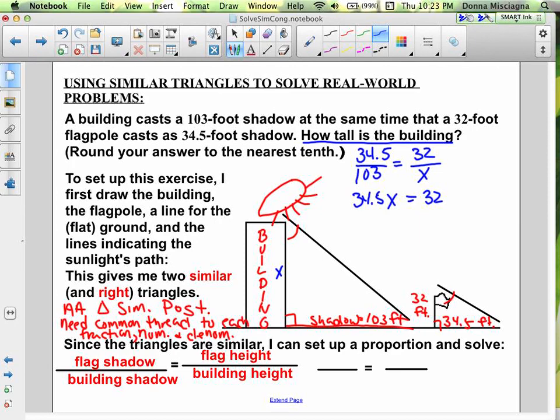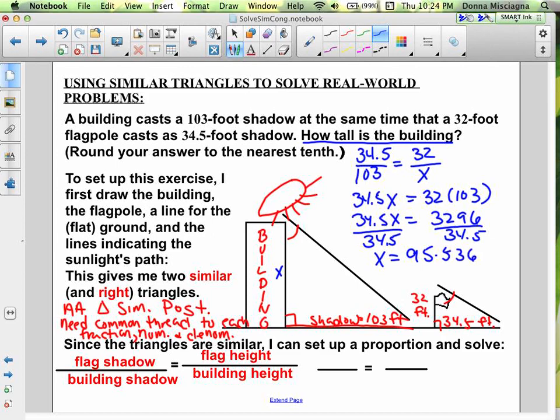We want to remember what we're multiplying. All right, so 32 times 103 is 3,296. We're going to divide both sides by 34.5. You can get a calculator out on this one. So 3,296 divided by 34.5 is going to be